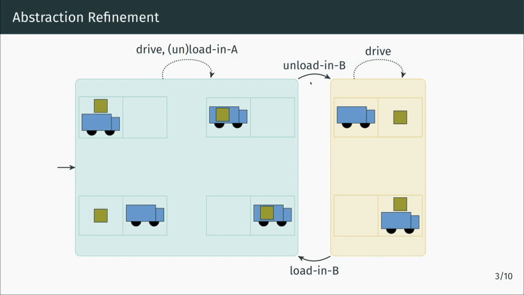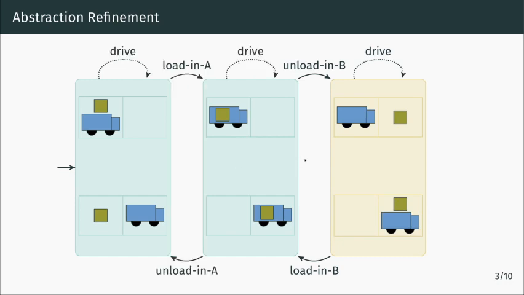And then we repeat. We find a solution which is to unload the package in B. And this solution fails in the concrete world because the package is not in the truck and the truck is not at location B. So we can split either on the truck or the package, and we choose to split on the package again, which yields this abstract transition system. And let's imagine that we hit a time limit now, and then we can use this abstraction in an A-star search.